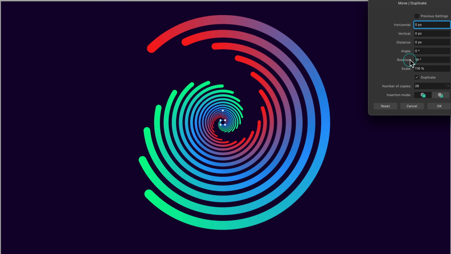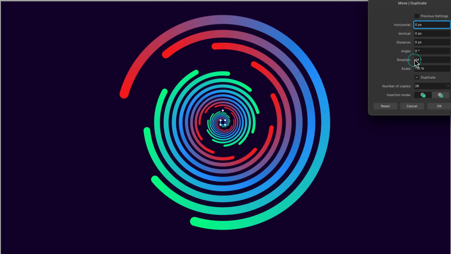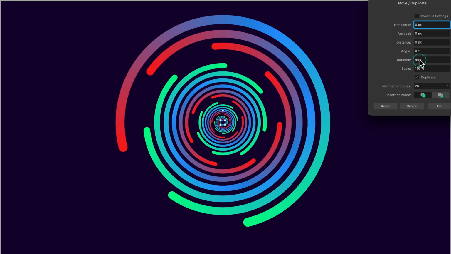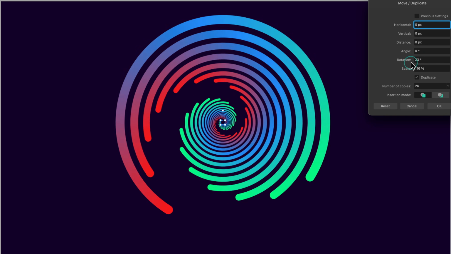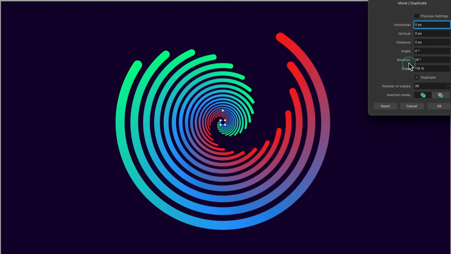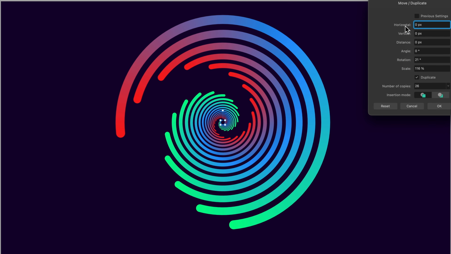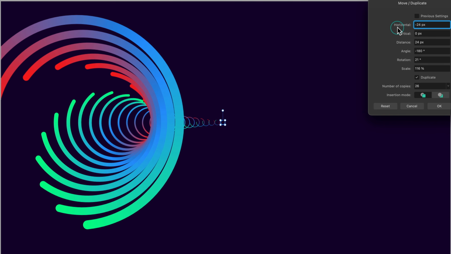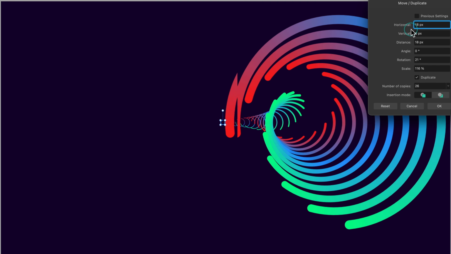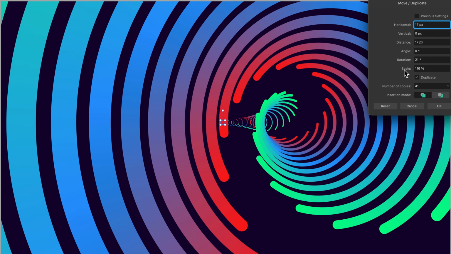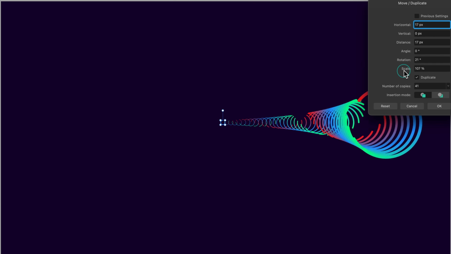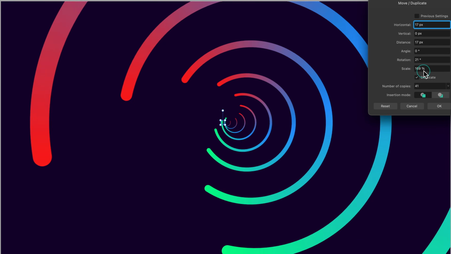So we can start experimenting with this. I'll just keep the rotation going up like that, quite futuristic. In fact, let's play around a little bit with the horizontal. So I'll click on that and drag it left or right, and we'll add more copies. And now we can use that whole scaling thing and go down the tunnel again.